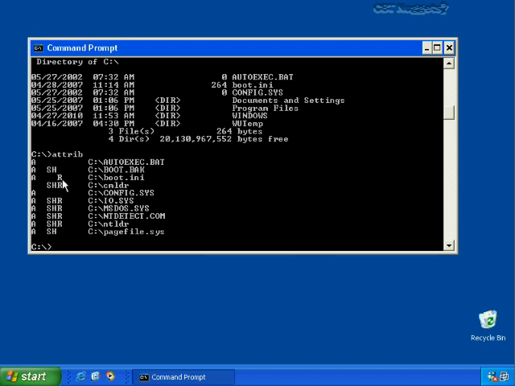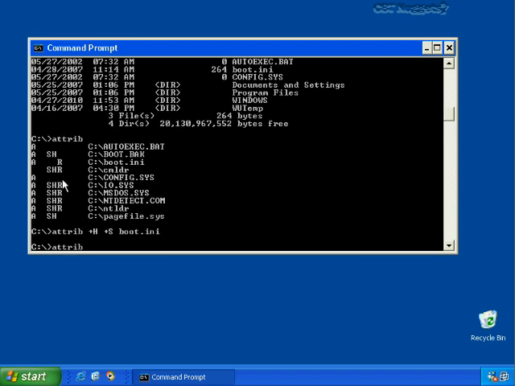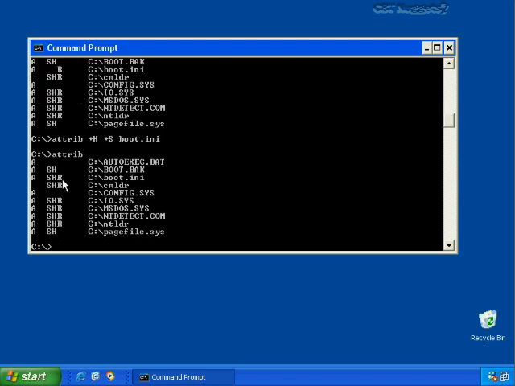Now, if I wanted to reverse that, and I really should, because that's not healthy to leave that file in that kind of an unprotected state, then I use my up arrow to repeat the command, and then I'm using my arrow keys to go back over here and change the minuses to pluses, and then I'll do attrib again, and now we'll see that I've reset it back to the way that it was. So you can use the attrib command to be able to do those things.